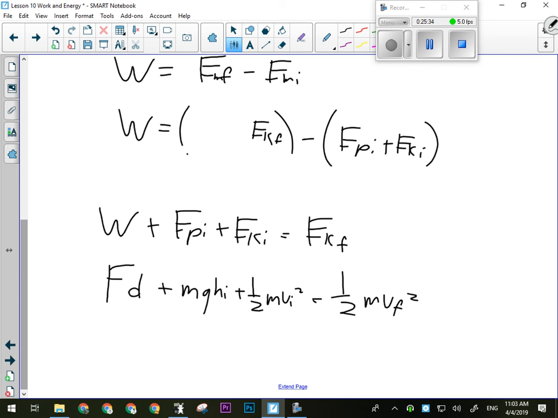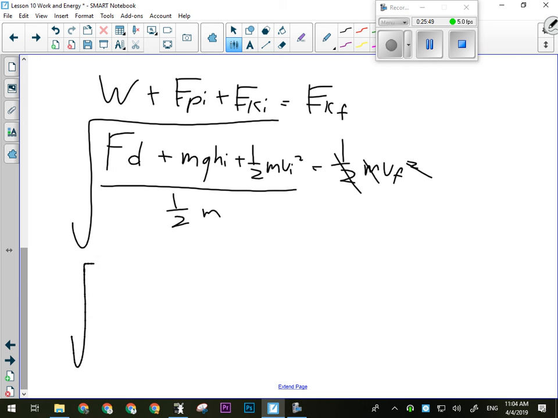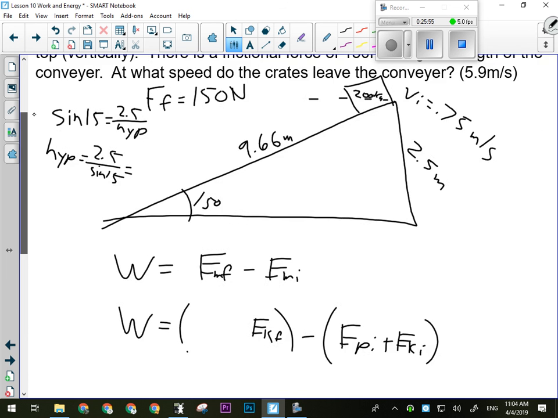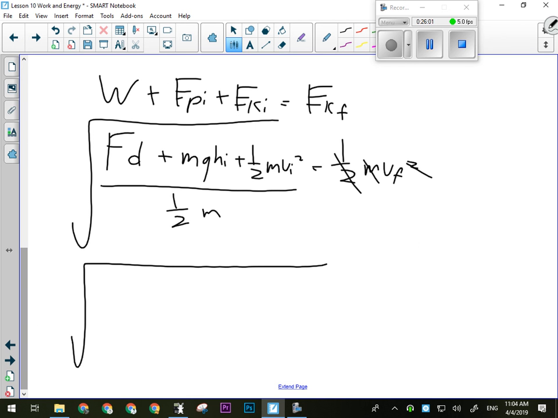I'm just expanding it out now to those other formulas. I need vf by itself, so I need to divide both sides by 1/2 of m, and then square root, just like I did in the last one. So now I'm going to plug in my numbers. Friction is a negative force, so I'm going to make it negative when I put it in here mathematically, and it was 150 newtons. So I've got negative 150 times the 9.66 meters, plus the mass, which was 200 kilograms, times 9.81 times 2.5, because that was the height of the ramp,